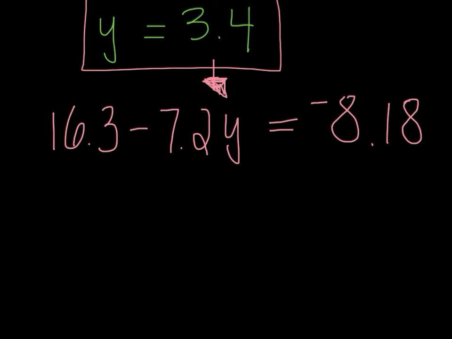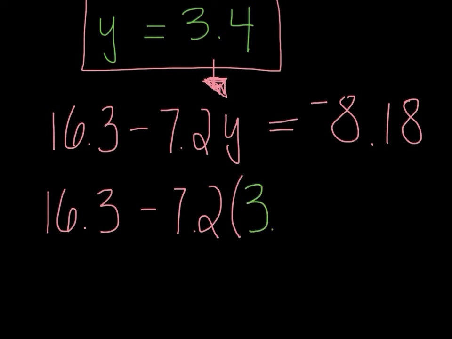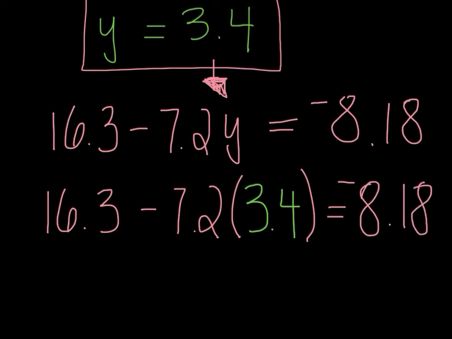Let's just move that up there. So we're left with 16.3 minus 7.2 times, and then inside of the parentheses I am going to write 3.4, and I'm going to close my parentheses, equals negative 8.18. Okay,